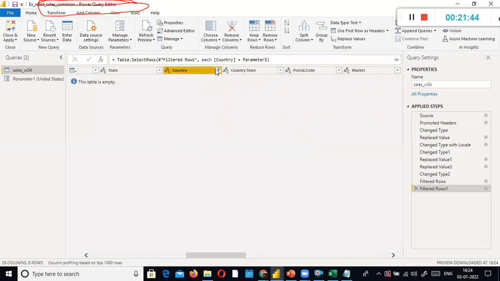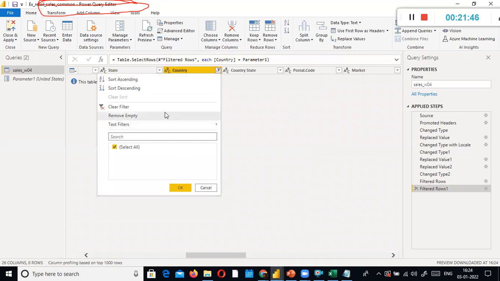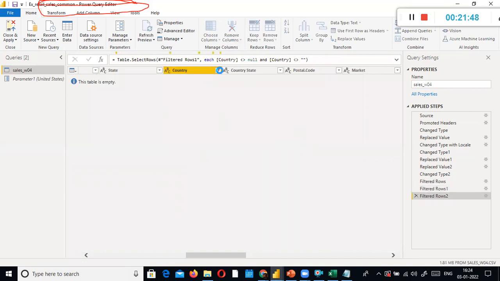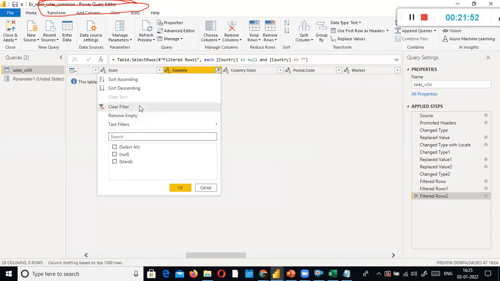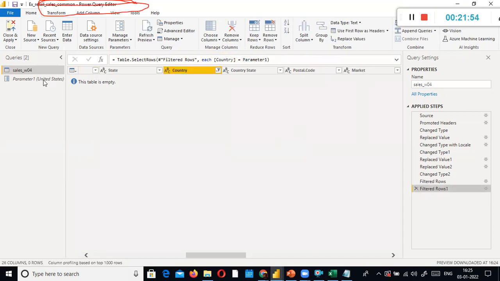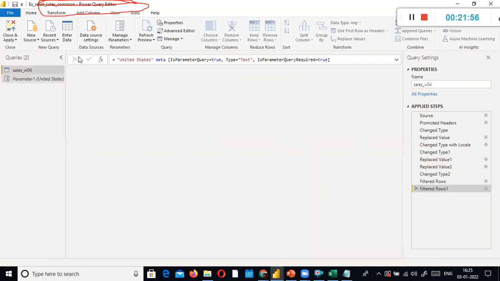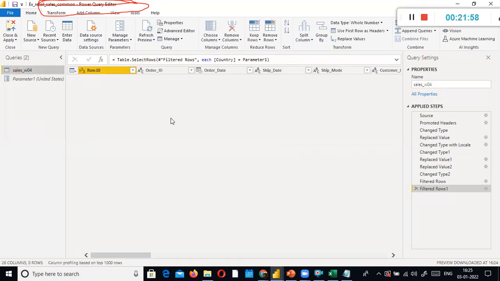Sorry, some mistake happened. Clear filter. I think I messed up something. One second, let me just.